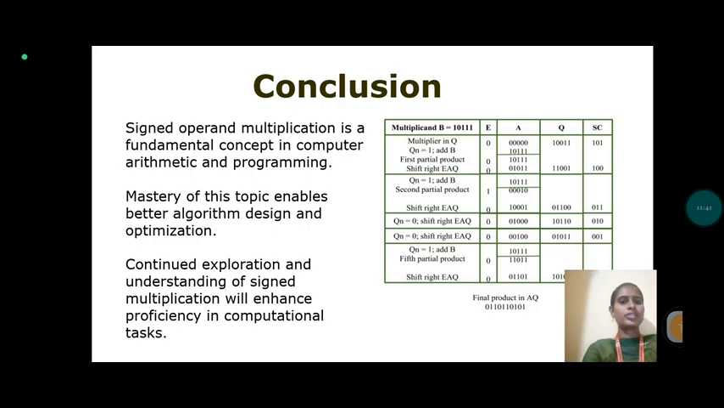Then conclusion. Signed operand multiplication is a fundamental concept in computer arithmetic and programming. Mastery of the topic enables better algorithm design and optimization. Continued exploration and understanding of signed multiplication will enhance